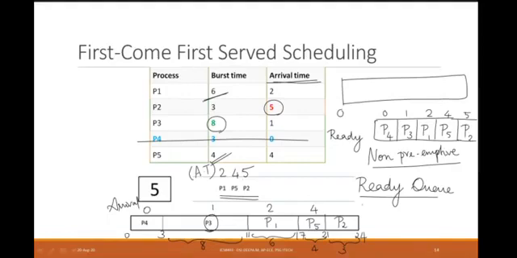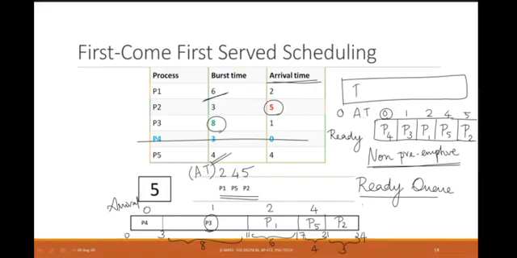Clear in this? How do I fill in my ready queue? Depending on my arrival time, I am going to put it onto my ready queue. But this is possible only for first come first serve. Because it is non-preemptive, there will not be any process which will come from the CPU back onto my ready queue. So we filled the ready queue. Now I am going to put 0 time left. What is the process? There is no process in your CPU. So at 0 time, P4 has arrived.